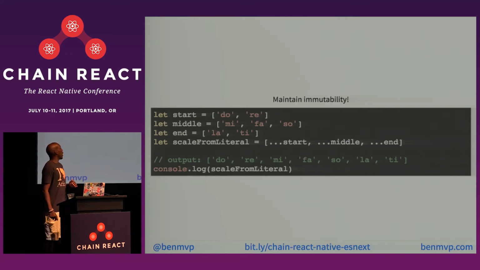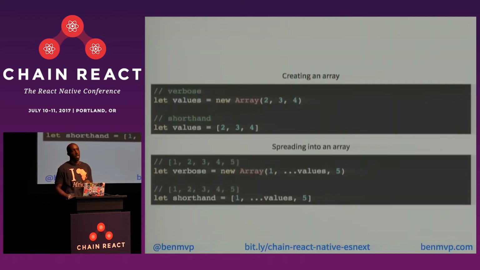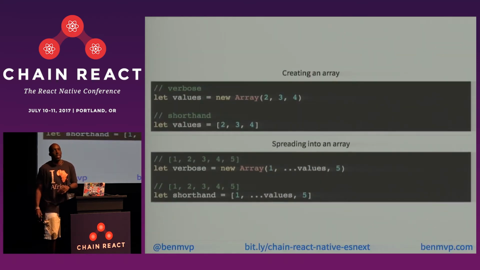So how exactly does this work? How is it that we can spread inside of an array and it can clone it for us? Well, the answer takes us back to old school JavaScript. If you did JavaScript a long time ago, instead of using array syntax for creating an array, we would actually say new Array and pass in the elements here. Very verbose, and that's how you created an array. And we now have the shorthand bracket notation.